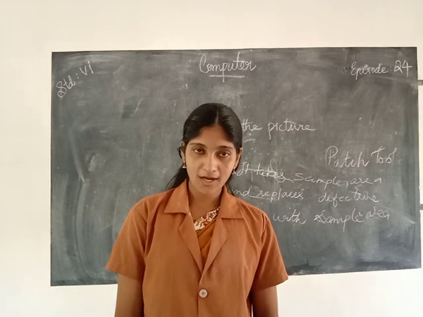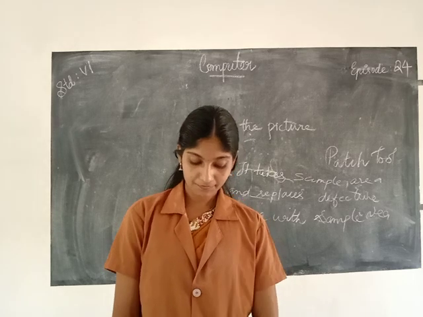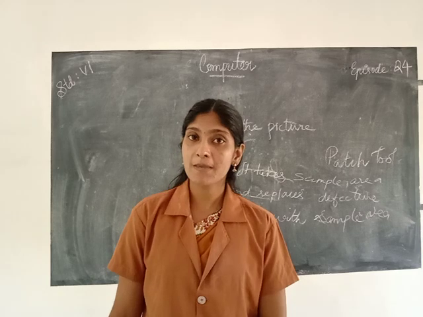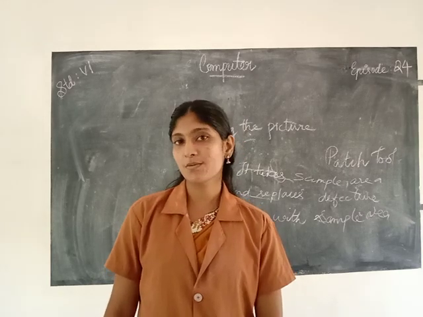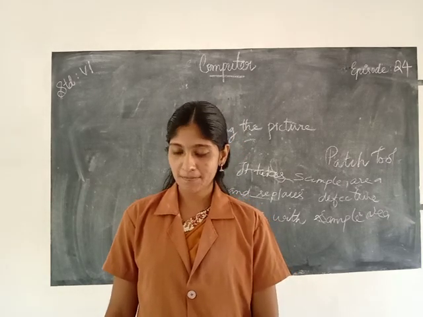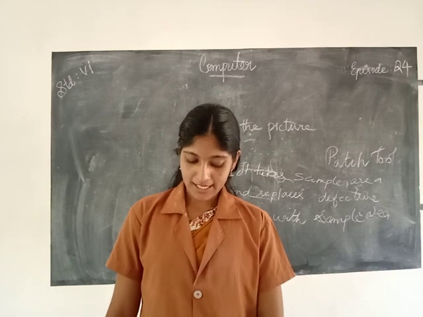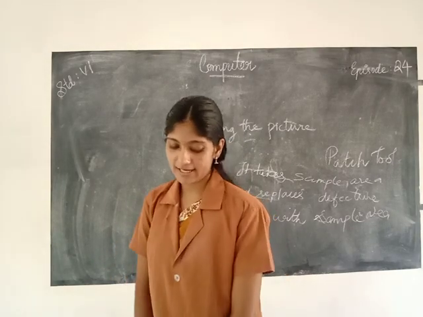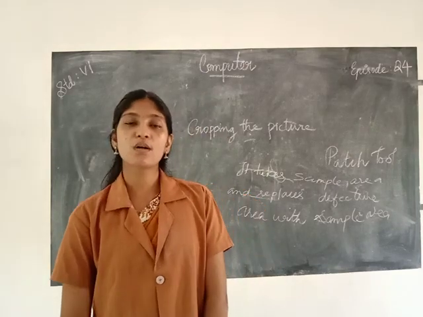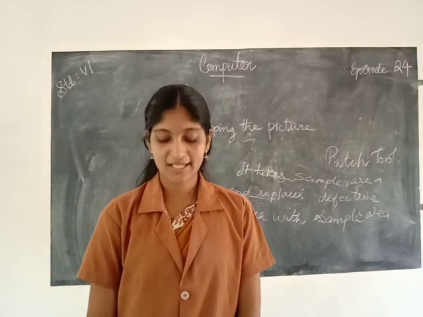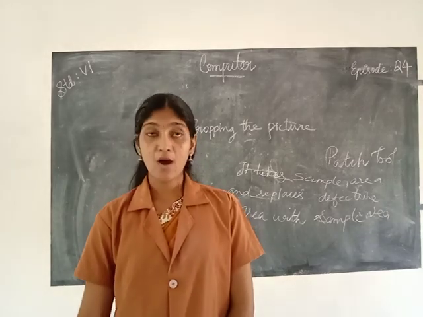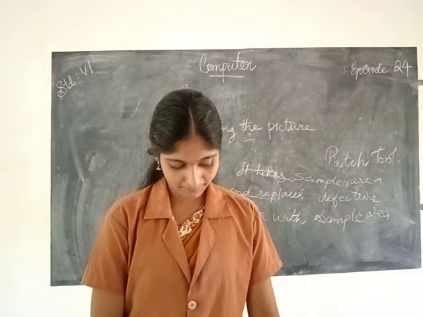So we know what can be measured using pixels per inch. That is, an image on screen can be measured using pixels per inch, or PPI. So for example, 96 PPI means 96 pixels horizontally in a line and also 96 pixels vertically in a line. It means 96 by 96 in one square inch.